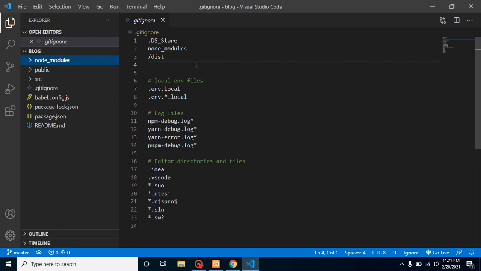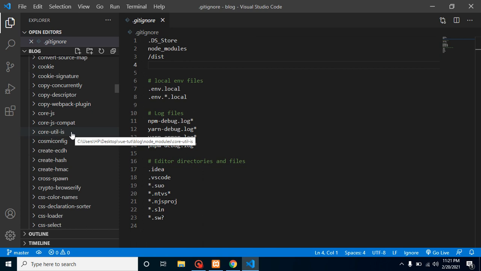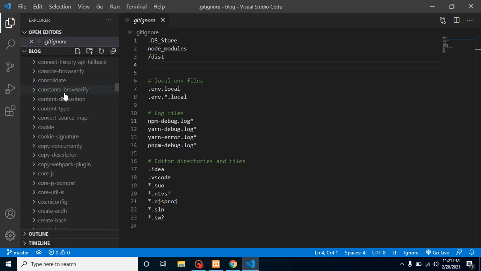At that time all node modules will be reinstalled. So there is no point in pushing them to the GitHub server, and they actually take a lot of space. Here you can see that there are a lot of packages, right? So we don't need to push them because they will just take up a lot of space.